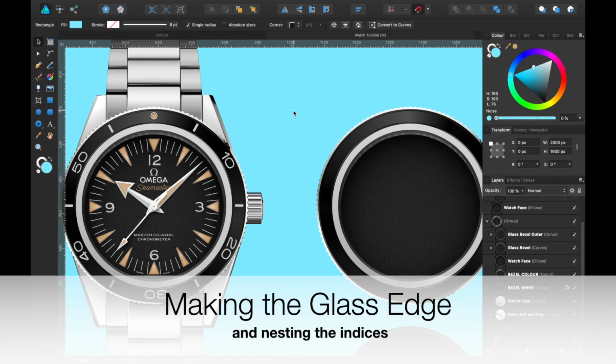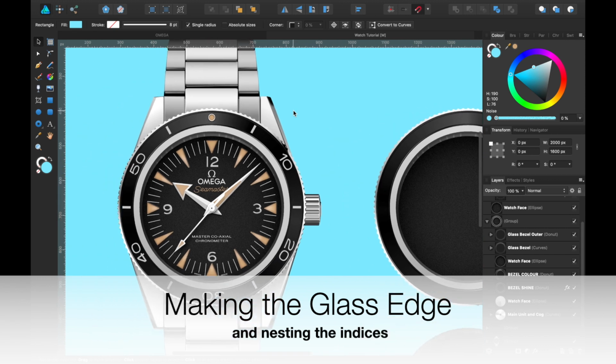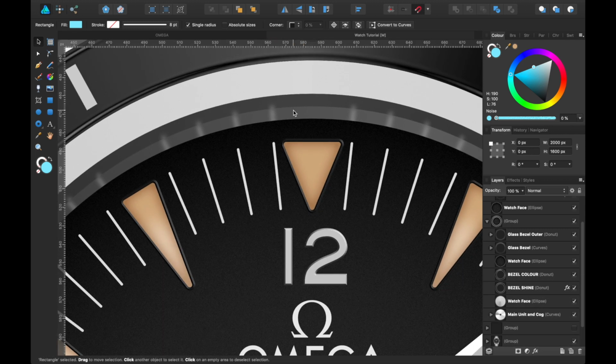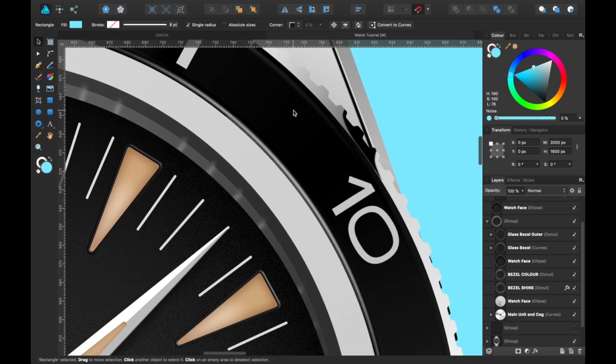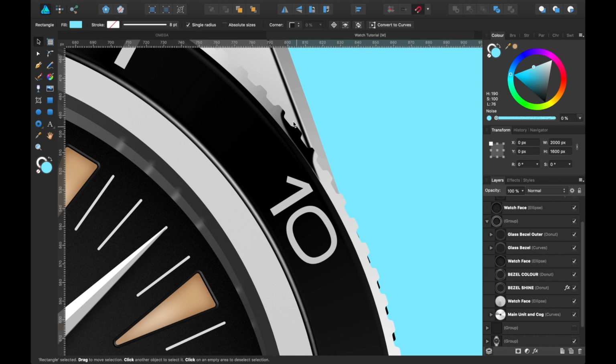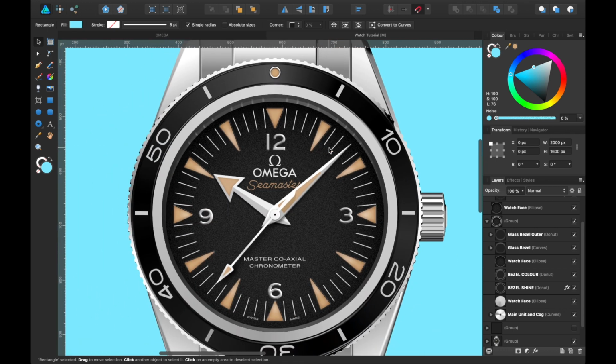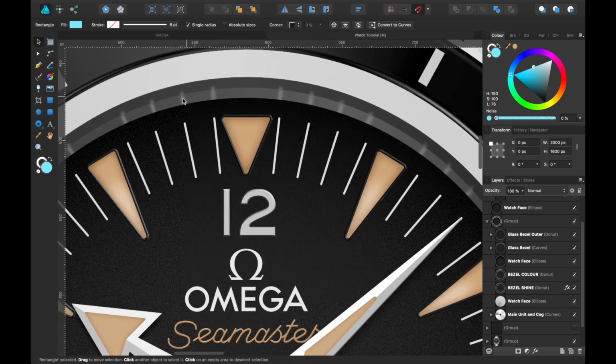Going deeper into detail. Let me show you a part of the design that I thought was really important. Attention to detail, all that. Just like when I was showing you about the little shadows and lights that can make the difference between something looking a bit more realistic and not, is this glass.